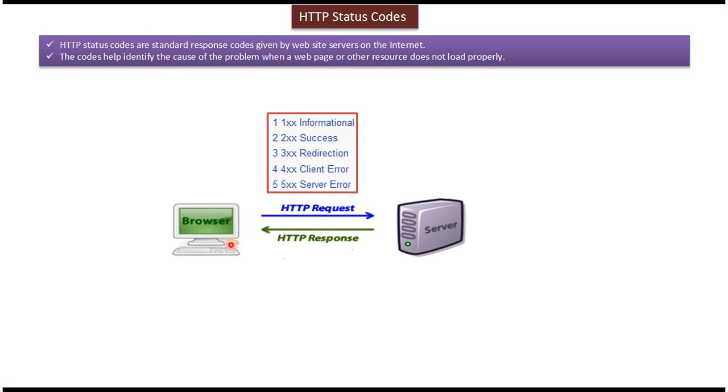Okay, and suppose the client sends an HTTP request to the server, and the server receives the request. After that, the server wants to send some information to the client. Then what it will do is, along with the HTTP response, the server will send a 100 series informational status code to the client. Okay,